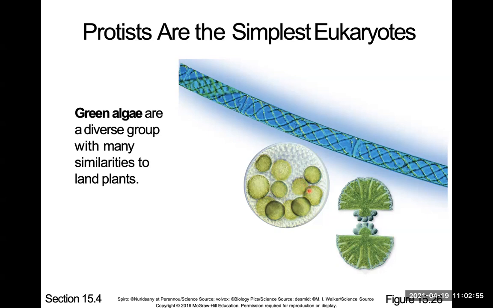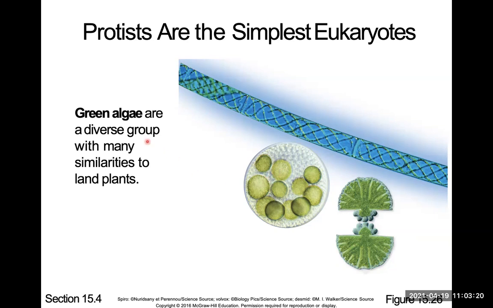Volvox. So this is Volvox. This is a multicellular organism. This was the main organism that showed us the bridge between single cell organisms and multi-cell organisms. There are a lot of cells there, multiple cells. These are the reproductive structures. Chlorophyll makes it look green. Green algae are the ancestors of land plants.